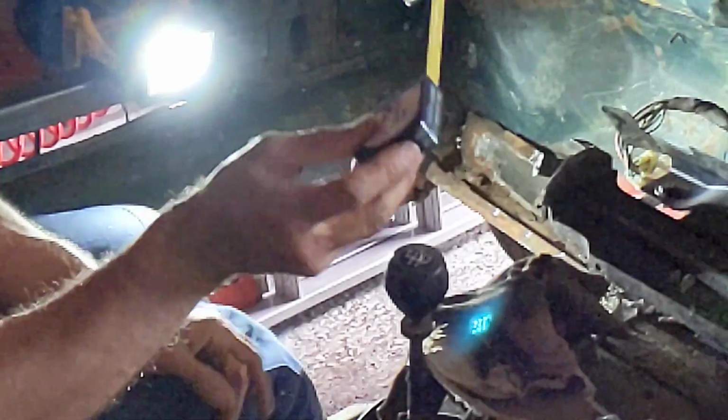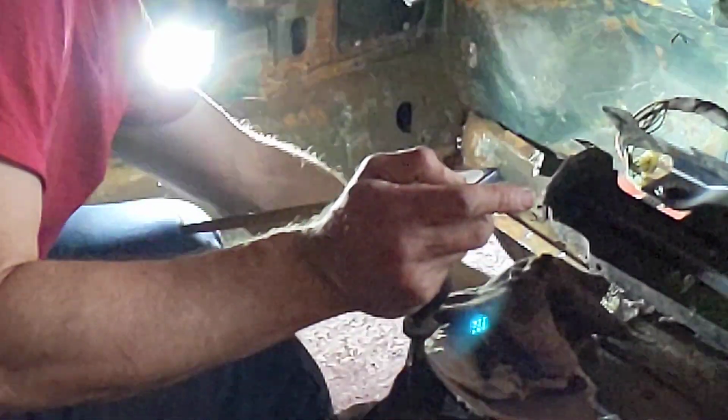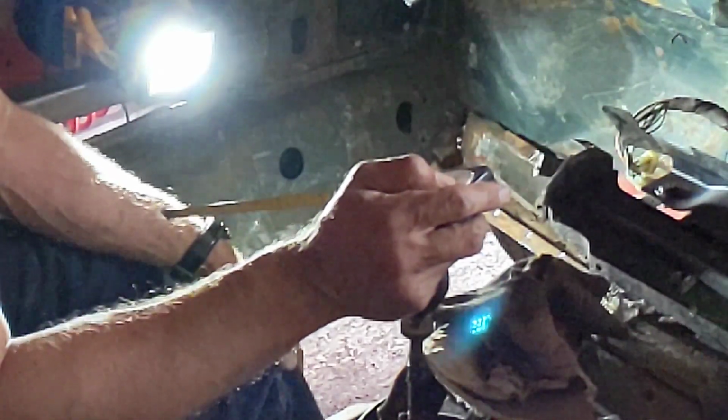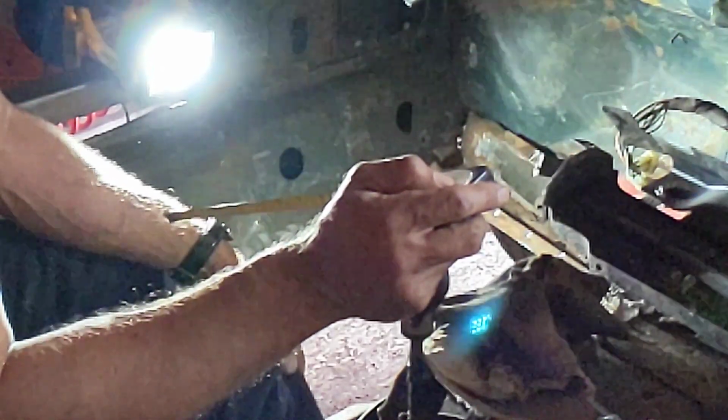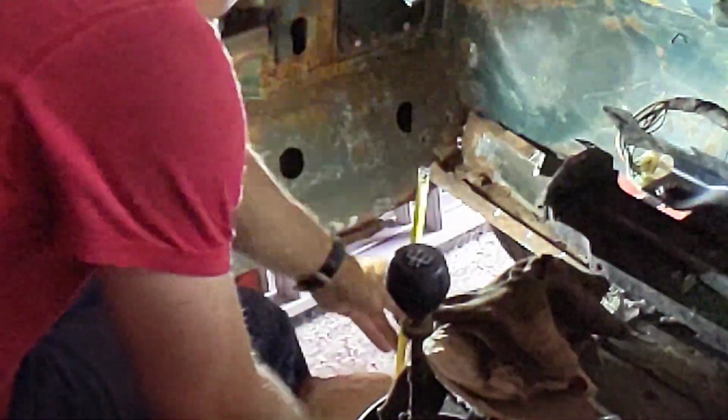Okay, so with the wiring out the way, I've been able to cut this out, and I've measured. Remember everything's up on stands, so none of these measurements would meet a regular car, but both sides are up on stands, and the stands are in the same place right here under this chassis rail, or as close to it as I can get. So I've measured the outside here down to the ground on the other side, and it's exactly that length. So if I do it here, we've got